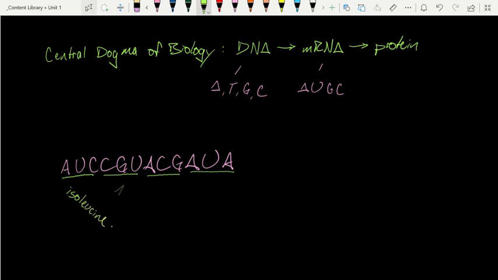CGU, the next one, arginine. ACG, threonine. And AUA, another isoleucine. That's the abbreviation. Let's add one more. Let's add onto this UAG. Well, this one is what we call a stop codon. That tells the machinery it's time to stop. We're done